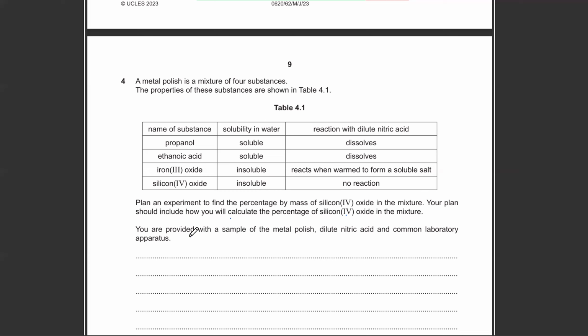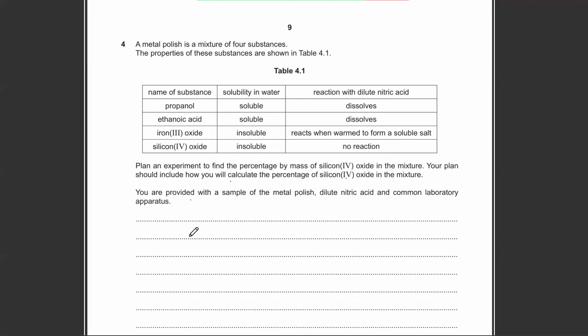So now what will you do? First thing, remember, everything inside this, the details are very important. So it's very important that you go with the detail. The first task is that you're going to try and dissolve it in water, but you're going to give them exact instructions. Remember, all these substances exist inside the metal polish. So the first thing you're going to do is take, let's say, a 10-gram sample